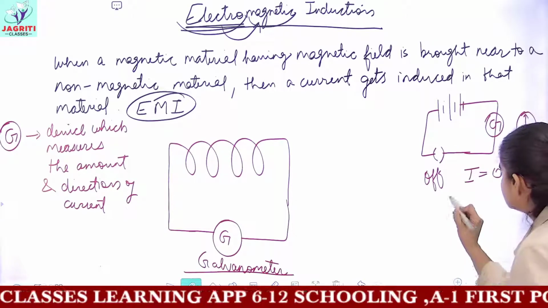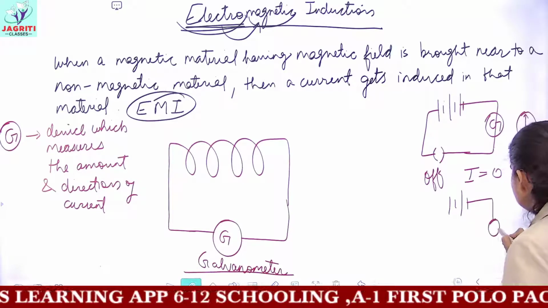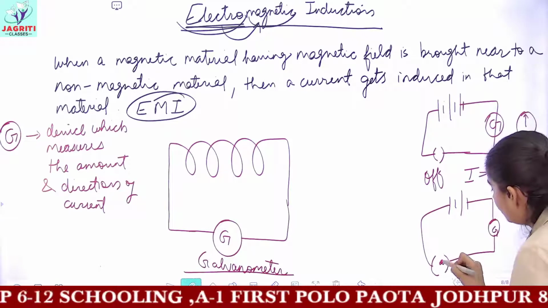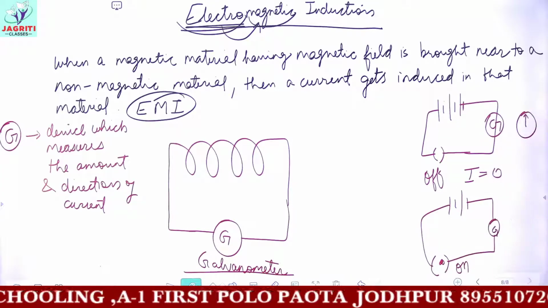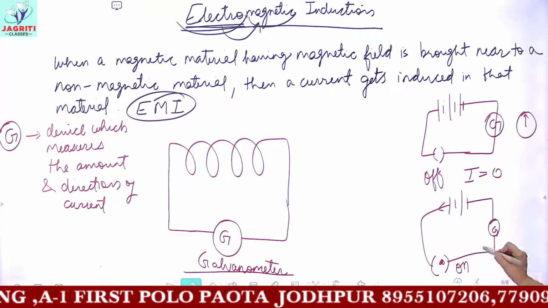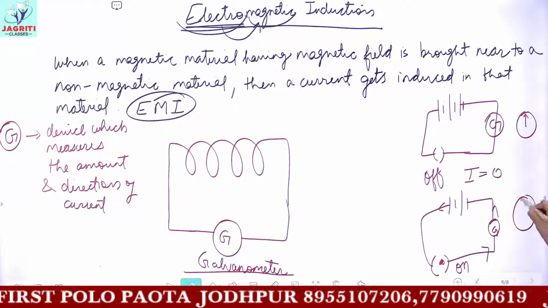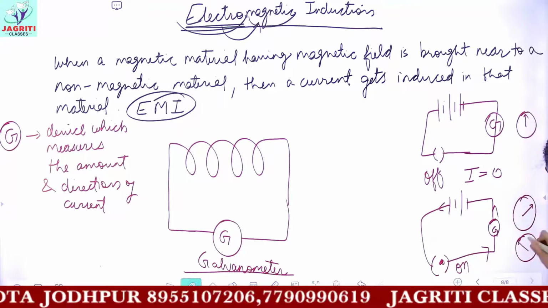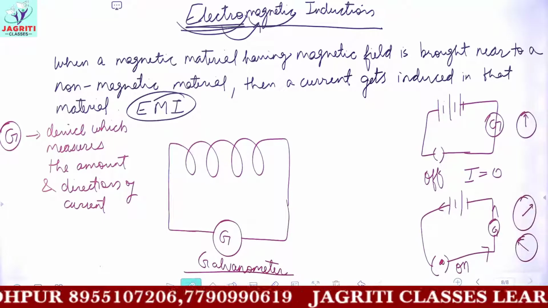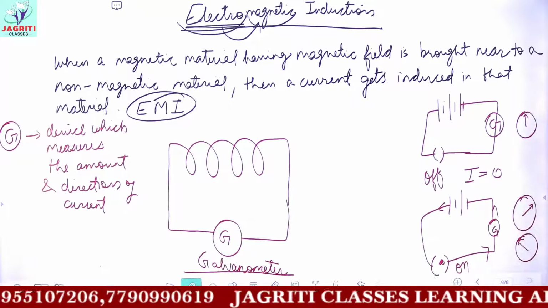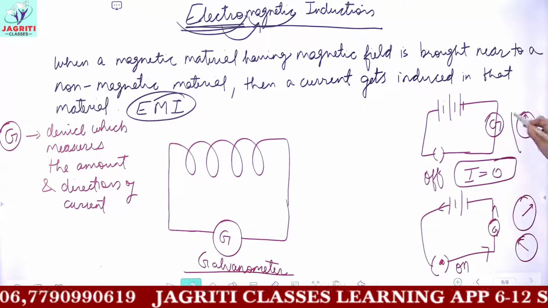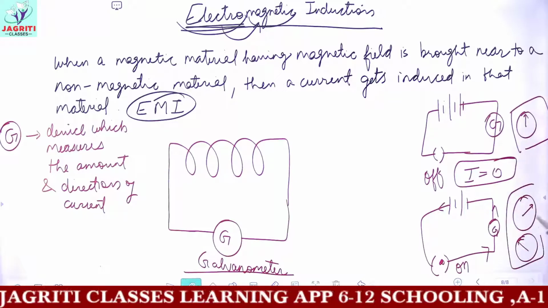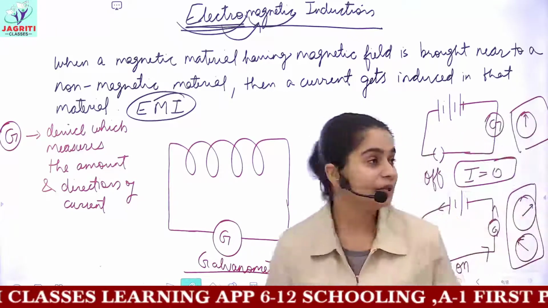But what I do is, in the same circuit, here this is the galvanometer and this is the switch. Now when I on the switch, when the switch is present in on condition, what would happen? The current would flow through this wire, and now the galvanometer would show a reading. Either it can show a deflection in this direction, or it may show a deflection in the opposite direction, but any one direction would be visible. So when there is no current flowing, then the deflection in galvanometer needle is 0. But when current starts to flow, then the galvanometer needle gets deflected, and this phenomenon is known, okay?